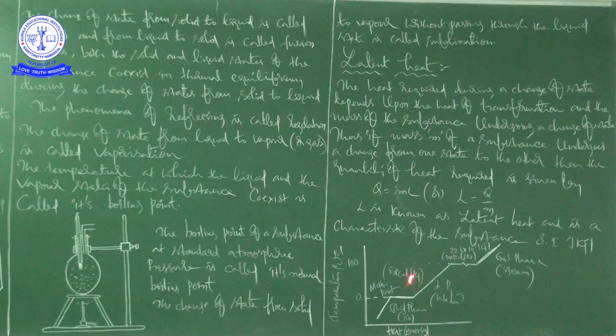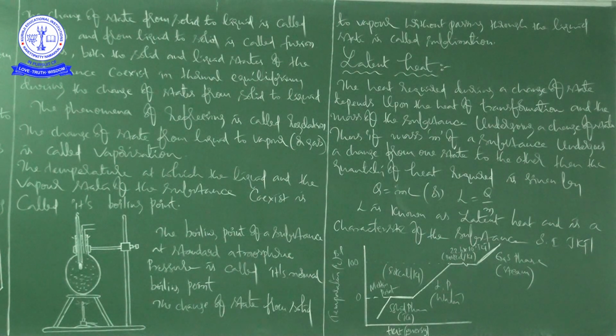And this is the graph. Here you can see, on the x-axis we have taken heat energy, and on the y-axis we have taken temperature. See, when melting takes place, the temperature is 0 only. There is no increase in the temperature. Here is the solid phase, ice cubes, and here the liquid phase, water. There is a gap, so here the solid is converting into liquid. At that time there is no increase in the temperature.